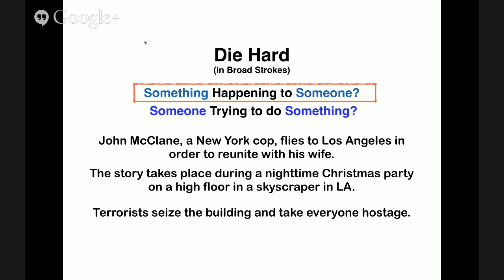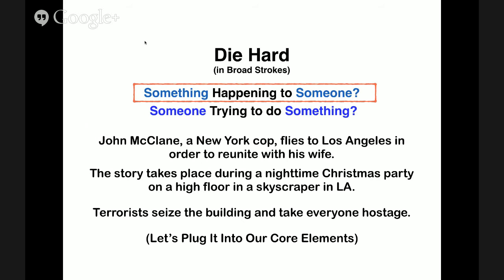So we'll point that out. Right. No, you're absolutely right. Yeah, that's true. When John McClane comes on the screen, he's trying to do something. He is someone trying to do something. And we'll explore what that is in a minute. If you remember the movie, it'll come easy to you. But the primary situation, right, that's your point. Your point is the primary situation is always one of these two specifically that you're focusing on.